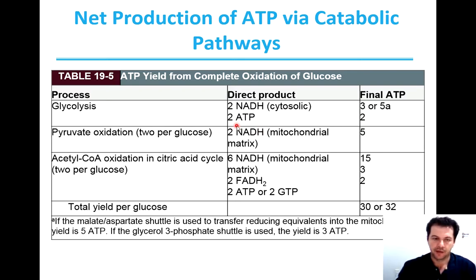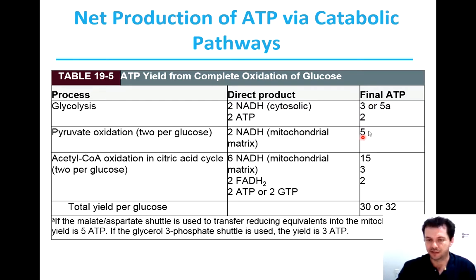Because of all these steps, glycolysis, pyruvate oxidation, the acetyl-CoA, and the TCA cycle, you don't have direct ATP production, but 2 NADH can produce 3 or 5 ATP. So glycolysis produces 2 ATP, but also 2 more NADH, which, if used in oxidative phosphorylation, can give from 3 to 5